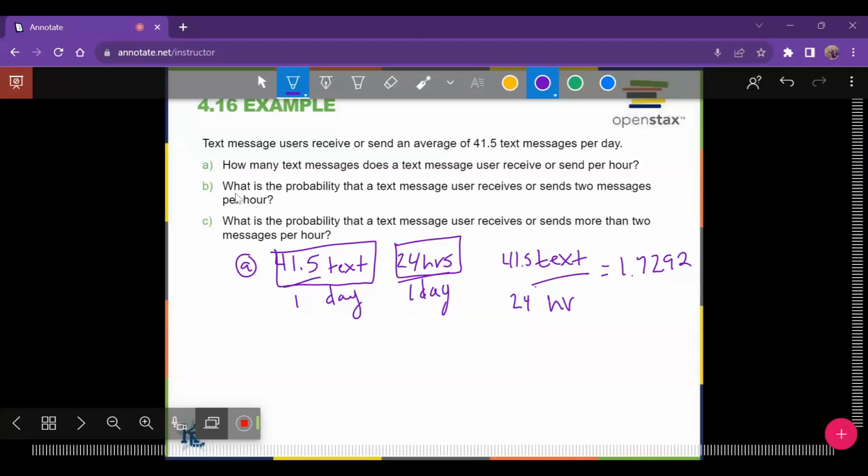So the next part, B, says what's the probability that text message users receive or send 2 messages per hour? And then what is the probability that a text messenger receives or sends more than 2 messages per hour? So we're asked for 2 messages per hour, and we're asked for more than 2 messages per hour. So in this case, for B,